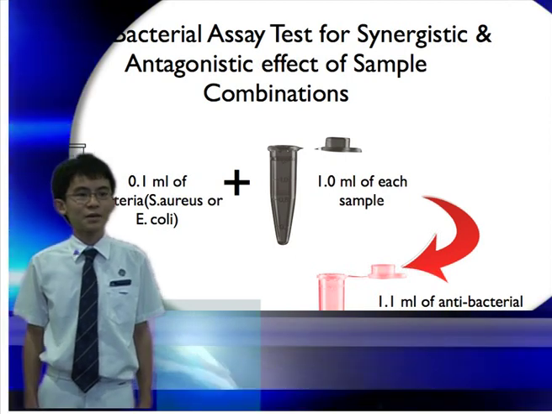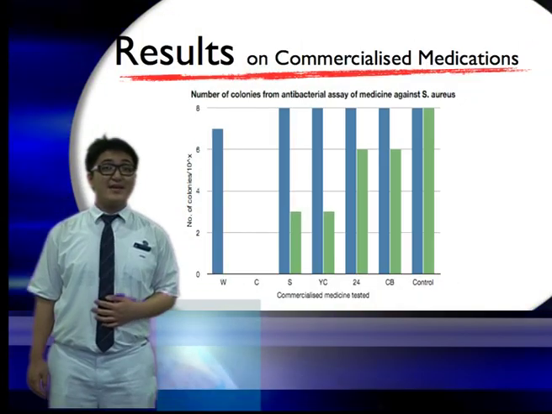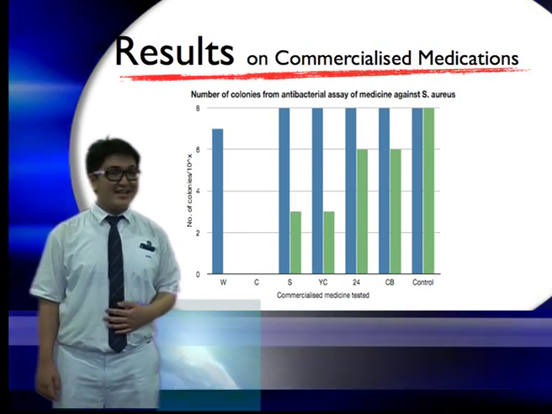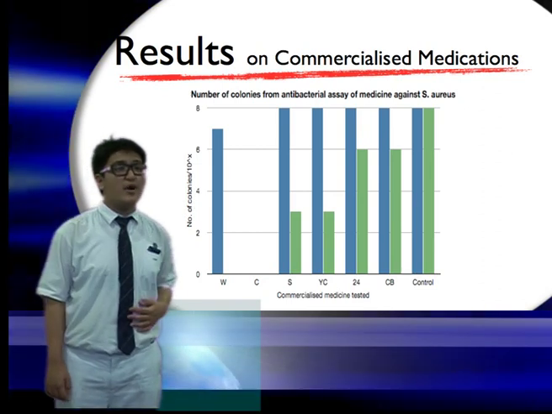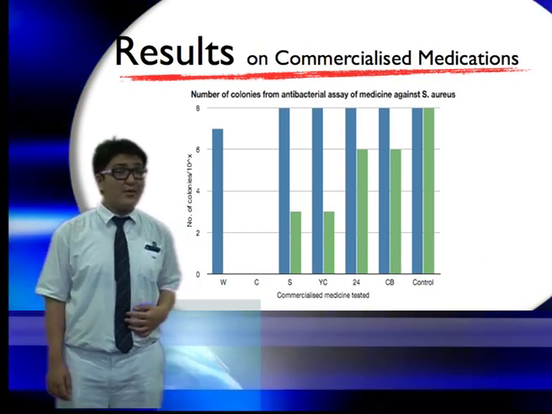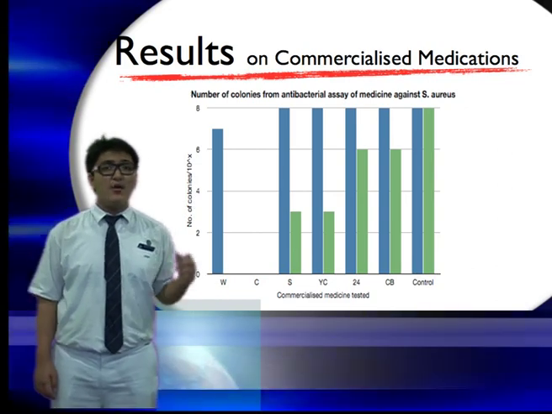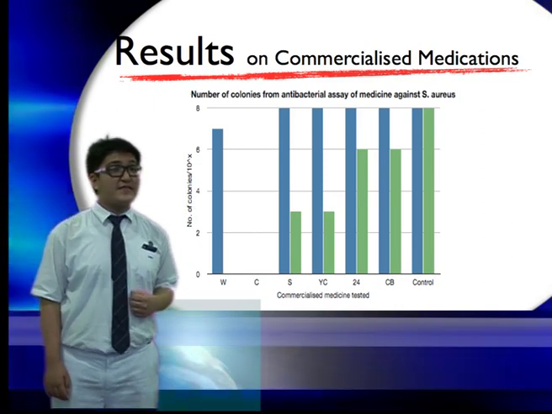Now I'll pass the time to Kenneth, who will talk more about the results. Results have shown that Western medicine worked better than traditional Chinese medicine. However, from the chart, it is noticeable that traditional Chinese medicine worked best on the basis of 24 hours. Therefore, it can be concluded that traditional Chinese medicine worked best every 24 hours, having an average of 50% drop